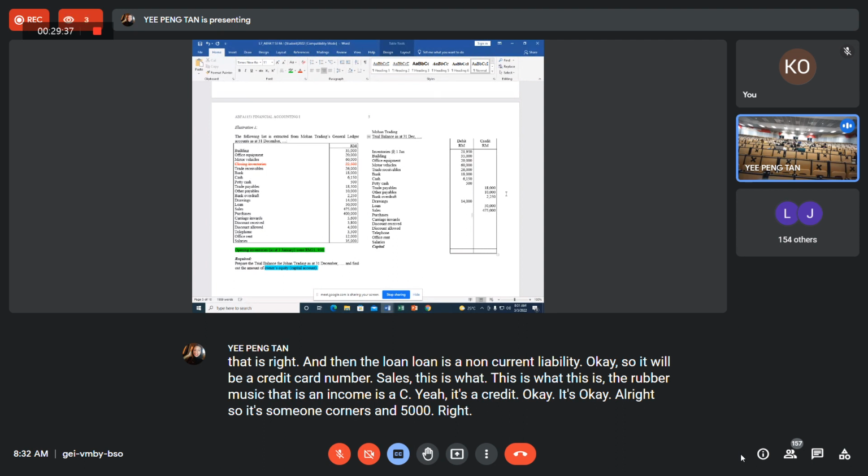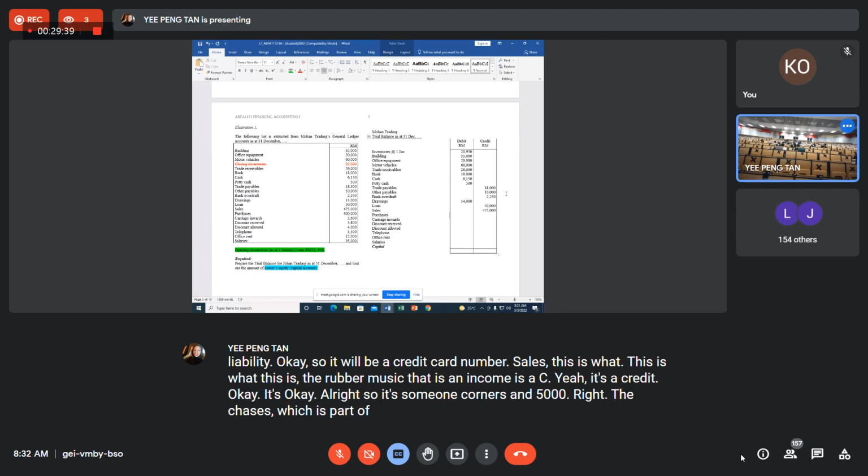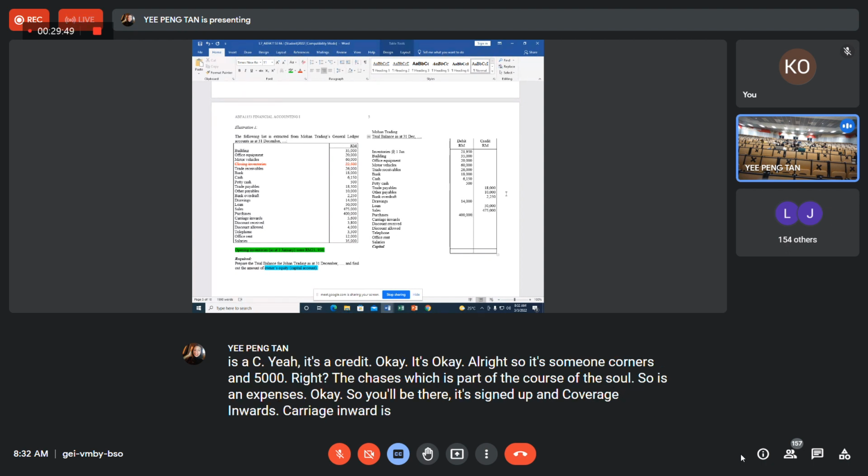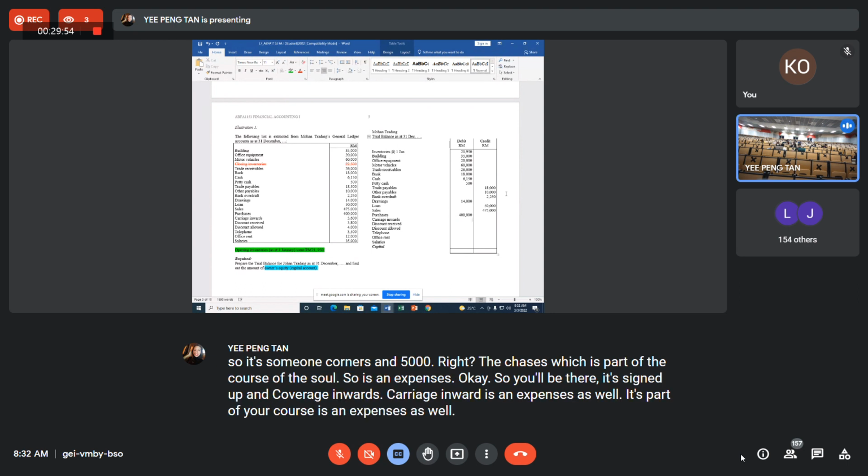Purchases is part of your cost of goods sold, so it's an expense. So it will be on the debit side, 400,000. And carriage inward is an expense as well. It's part of your cost of goods sold, so it will be on the debit side also,